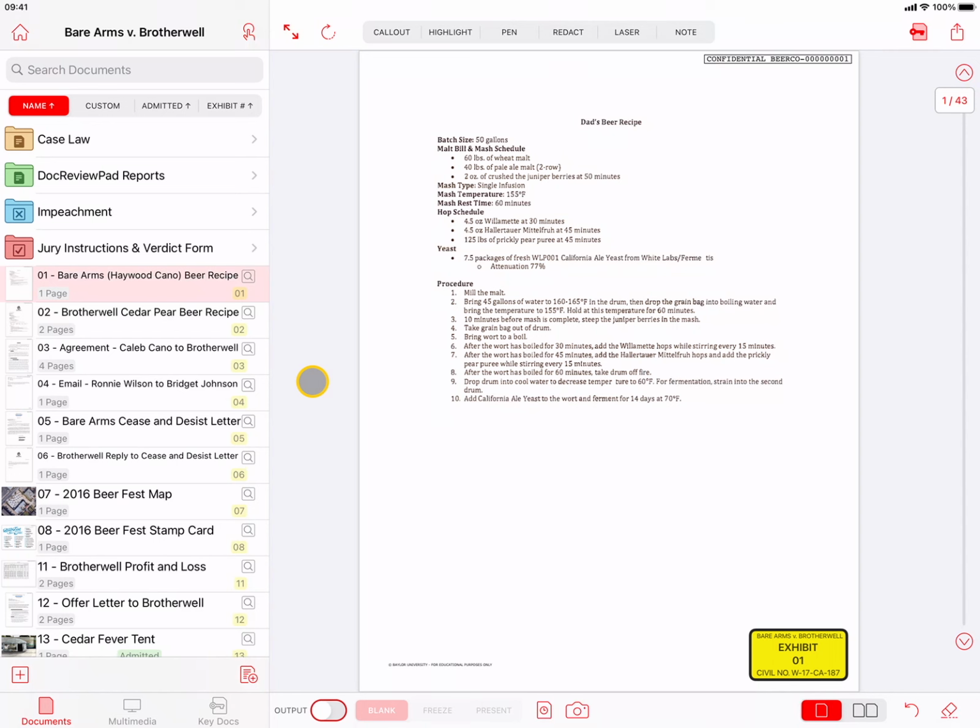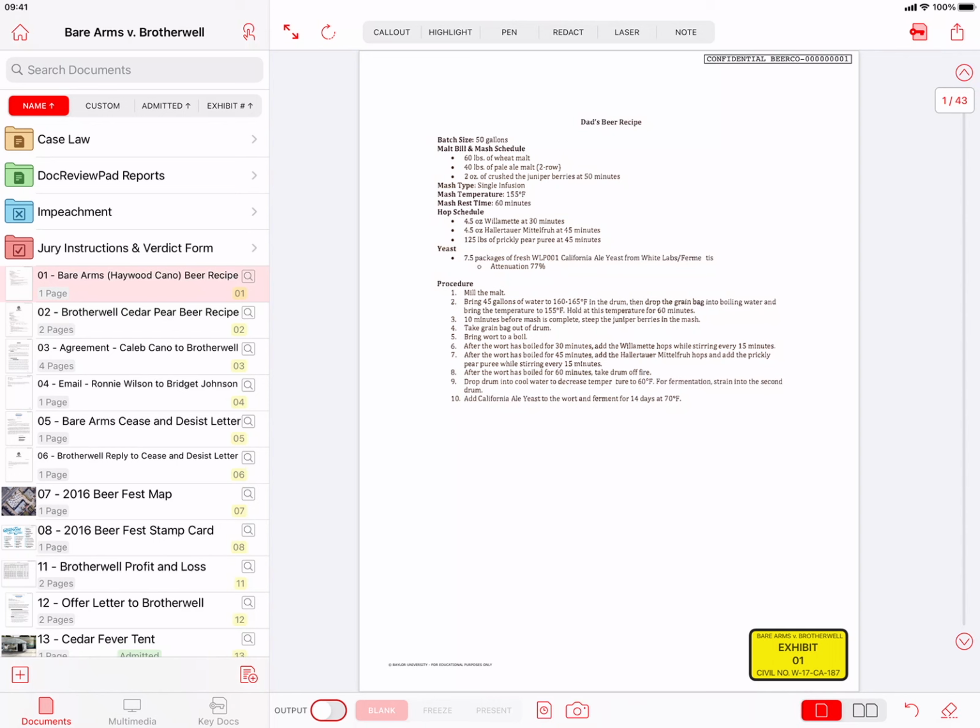The USB drive option can be very useful to quickly select and share exhibits with co-counsel or opposing counsel. It can also be used to share files with your office services department so they can print your documents with the exhibit stickers and put them into binders as a backup set for the judge, or to provide to the